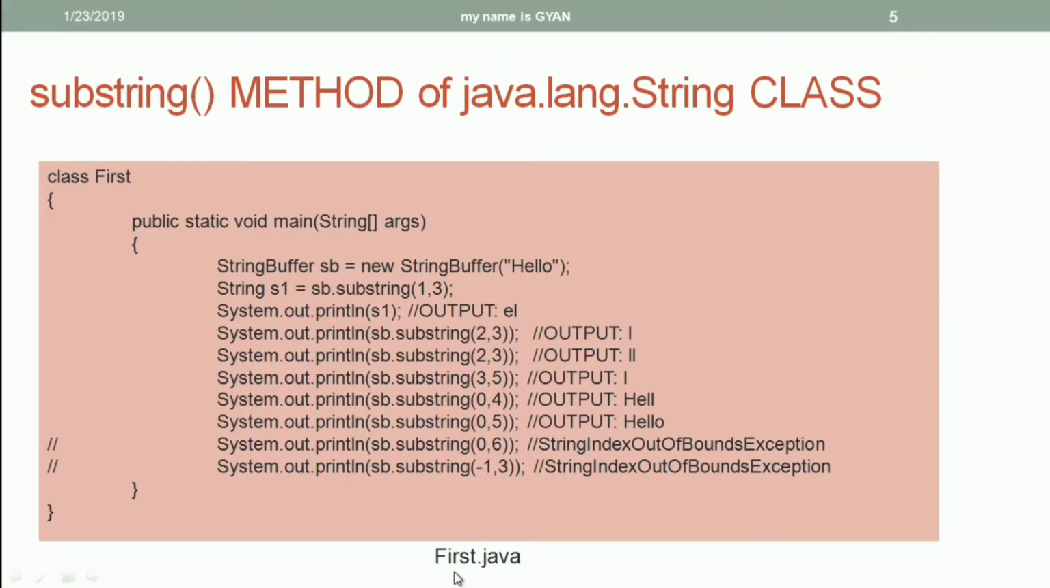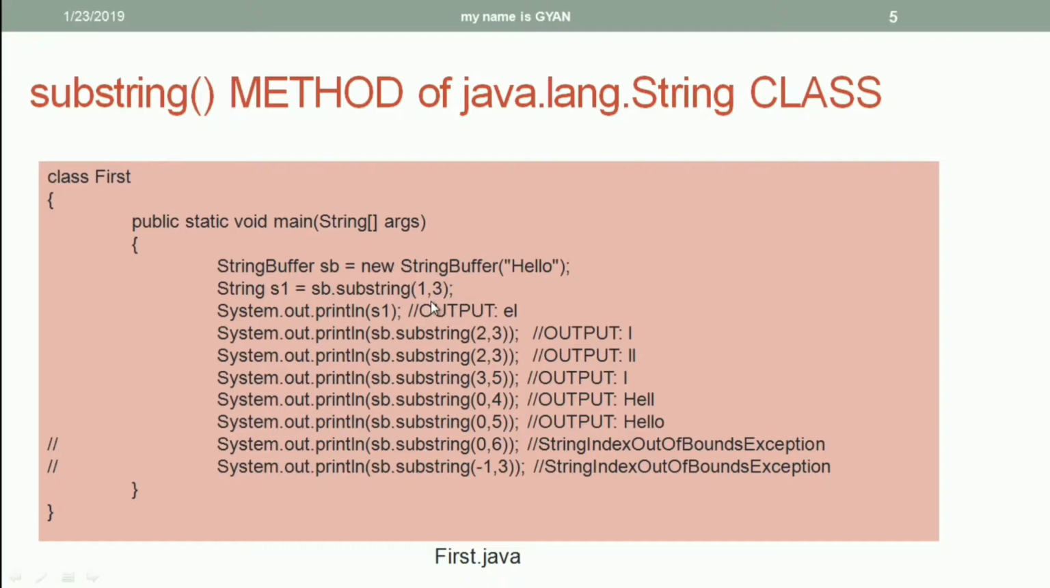Here in this case we have the Java file first.java. In the first.java we have the class first. In the class first we have the method main. In the method main we are creating a new string buffer object with the content hello, whose reference will be stored into the reference variable sp. Then after we are calling the method substring by using the reference variable sp by using two arguments 1 and